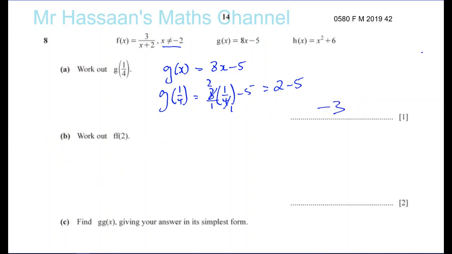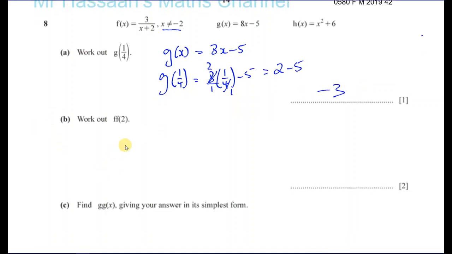Okay, part B, work out f(f)(2). That means you've got to put 2 into the function f, and then you've got to put the answer back into the function f again. So first of all, work out what f2 is. f2 is when you replace the x here with the 2. So you have 3 over, instead of x plus 2, 2 plus 2, which is 3 over 4. Now we know that f2 is 3 over 4, so we're going to put 3/4, which is the same as f2,